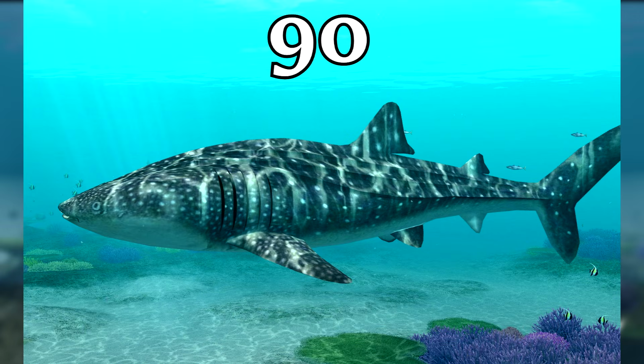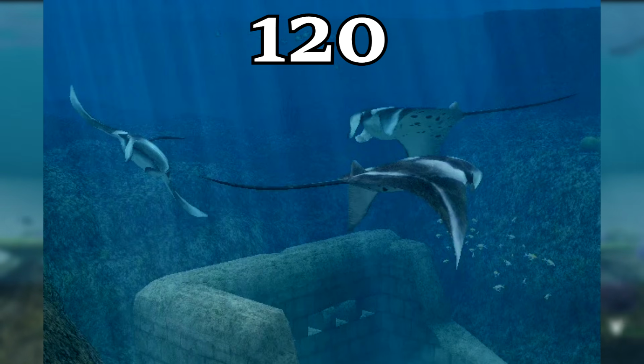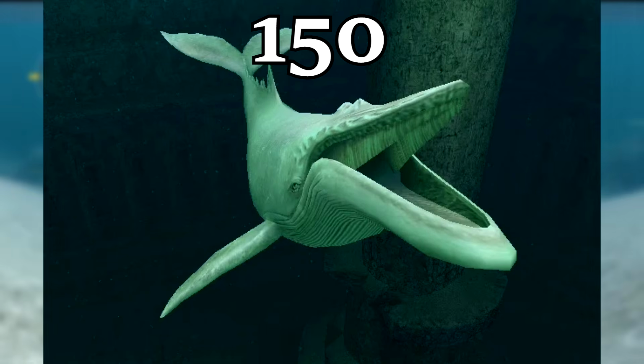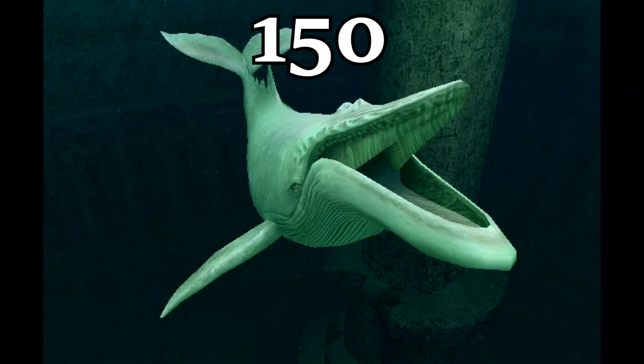At 90 achievements is a whale shark that can replace your tank. At 120, 2 manta rays can be equipped instead of fins. At 150, you get your penultimate reward, a singing dragon instead of a BCD. Even if this is 5 less than the total achievements, I think it's fair to allow the player to miss